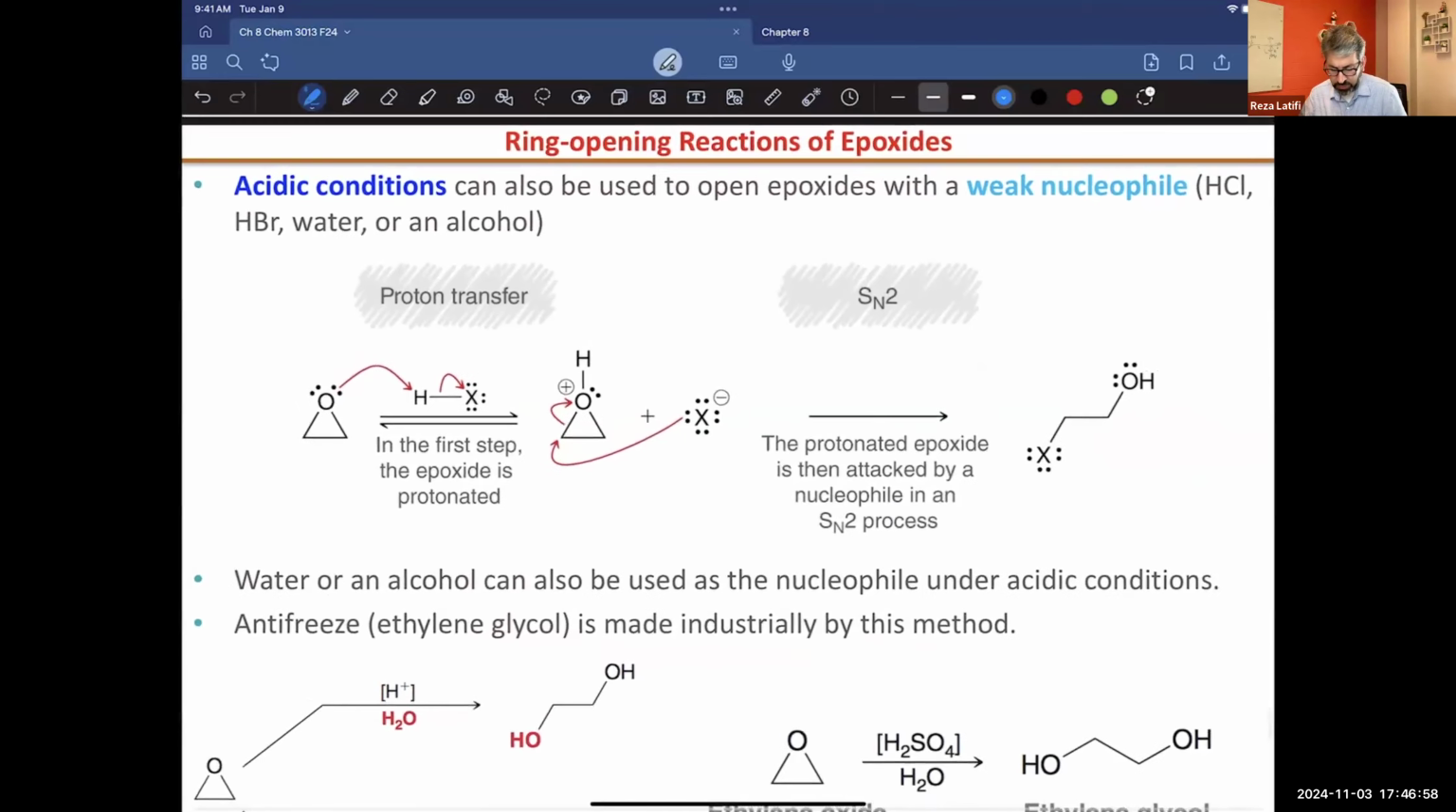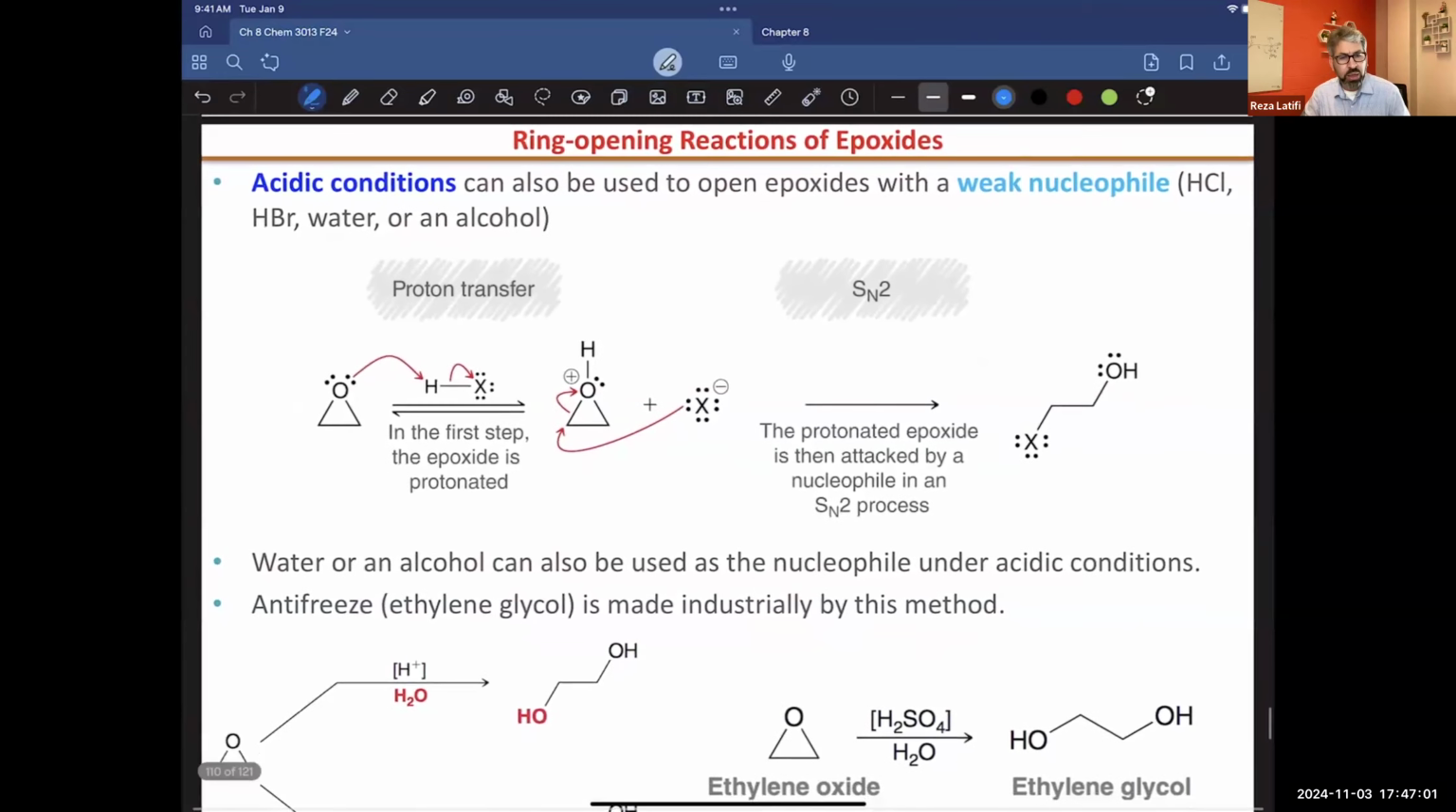And the second part will be the ring opening under acidic condition, and I'm going to keep this one for the next lecture,